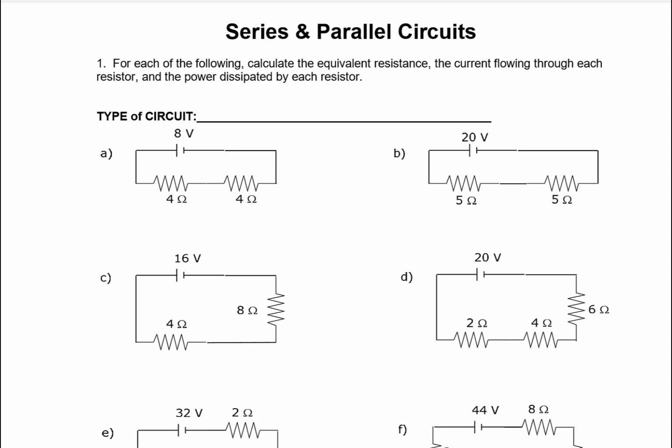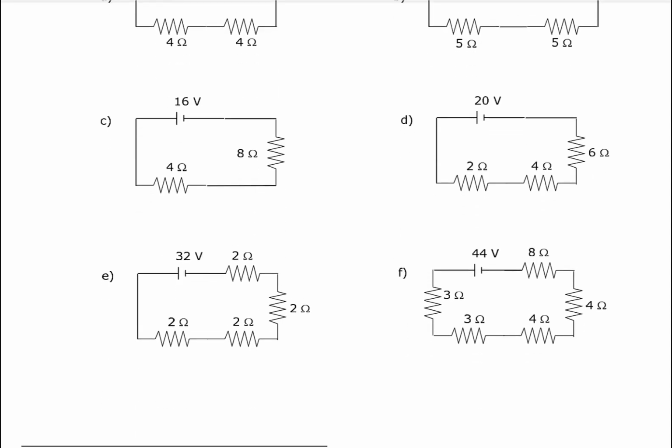Okay, here are our solutions for series and parallel circuits. So for this part of the worksheet, what we're going to do is calculate the equivalent resistance, the current flowing through each resistor, and the power dissipated by each resistor. And how it's going to work is the same kind of circuit is going to be on this same